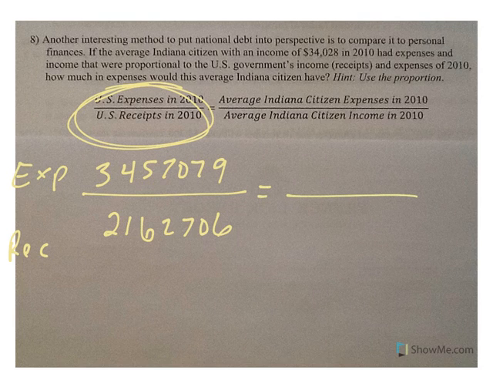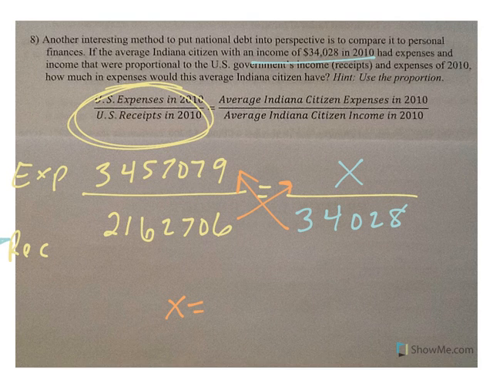Now they told us in this problem that the average Indiana citizen has an income of 34,028. Income goes on the bottom, so 34,028. And if we spent money like the American government, how much in expenses would we have? Remember, to solve proportions, we cross multiply and divide. When we cross multiply, we multiply these two numbers together first, and we end up dividing by the 2,162,706, and we end up with